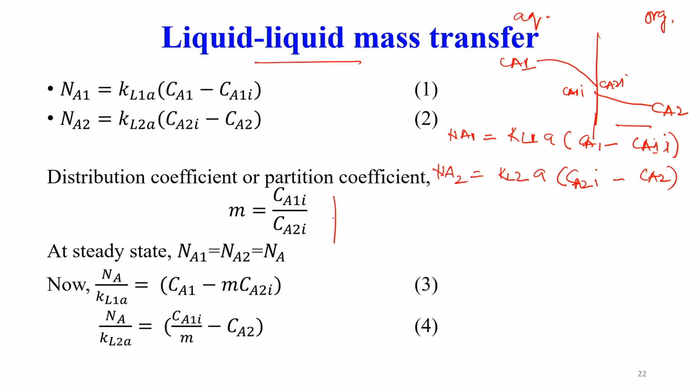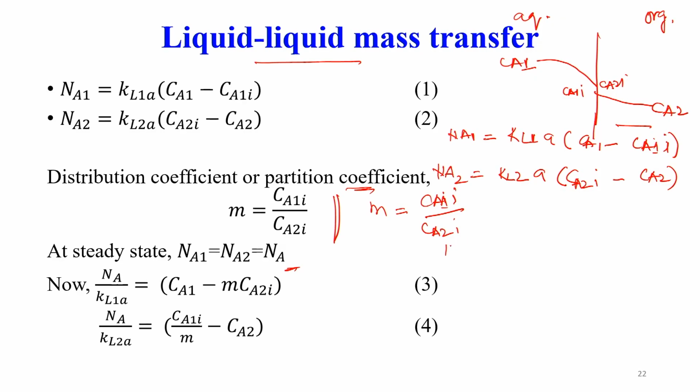Now, what is partition coefficient? It is the ratio of concentration at the interface. So, we define M equals Ca1i divided by Ca2i, and for the time being let us assume the rate of transfer from both sides is at equilibrium at a steady state. So, we say Na equals Na1 plus Na2. Now, in the equation 1 here what we can do,